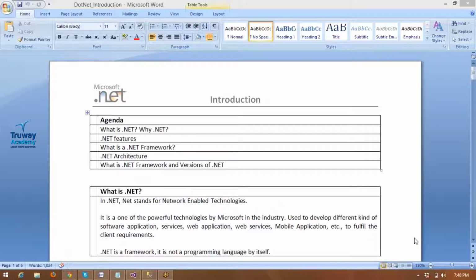First of all, what we have to be clear is that .NET is not a programming language. We will be calling .NET a framework. With the help of .NET, we can develop applications and we can also run the applications. .NET stands for Network Enabled Technologies, and it's one of the technologies from Microsoft which helps you